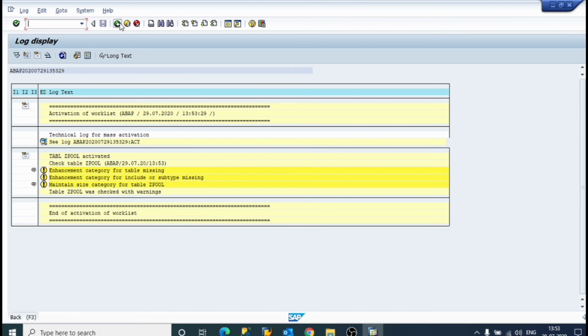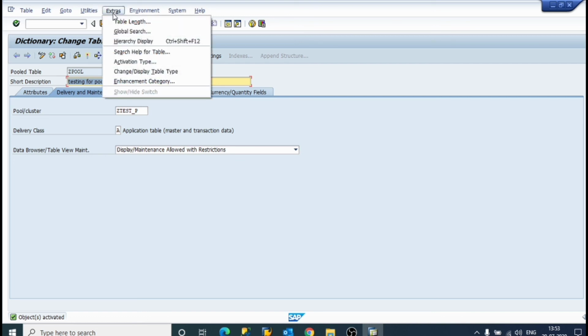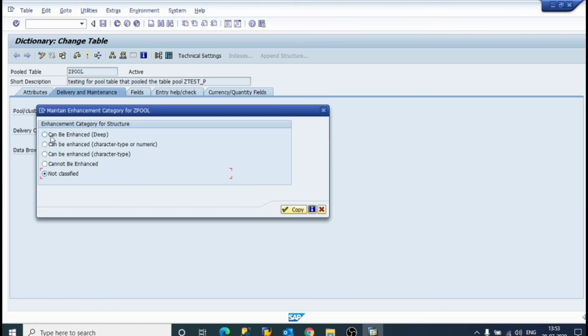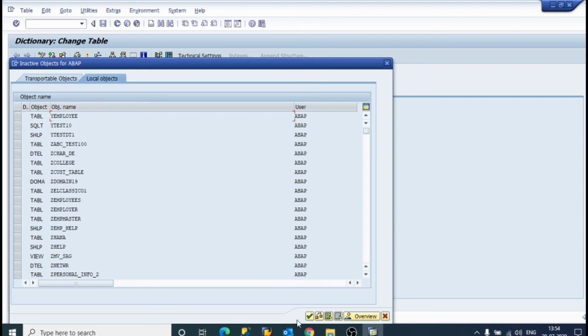Enhancement category, okay. For enhancement category just click on extras, enhancement category, yes, not classified, select can be enhanced, yes, copy, done. Now again save it, activate.